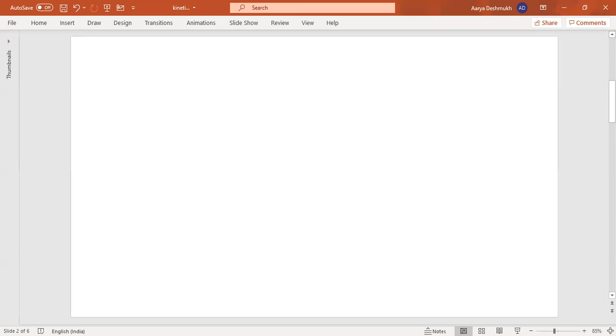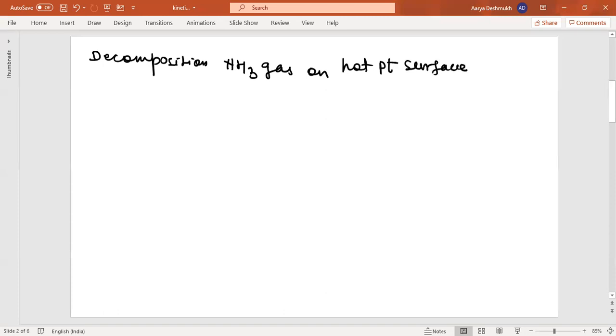Now, the examples for this, the zero order reactions, they are not common. They occur only under special conditions. Now, most of the zero order reactions take place on a metal surface. They need some catalyst rather. So, for example, the decomposition of ammonia gas on hot platinum surface. So this platinum surface is a metal surface, it is needed for this reaction, hot platinum surface. Now the reaction, it's very easy to write: twice NH3,